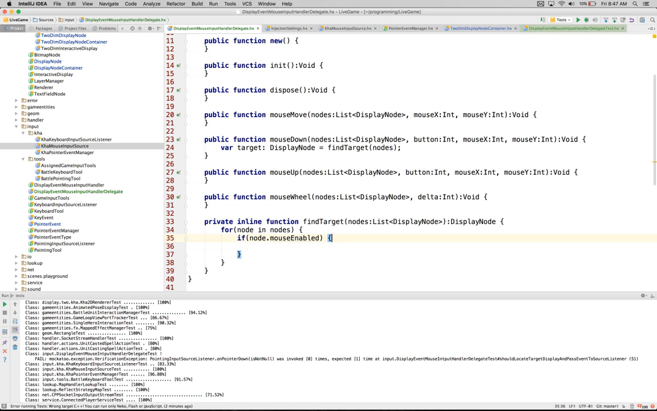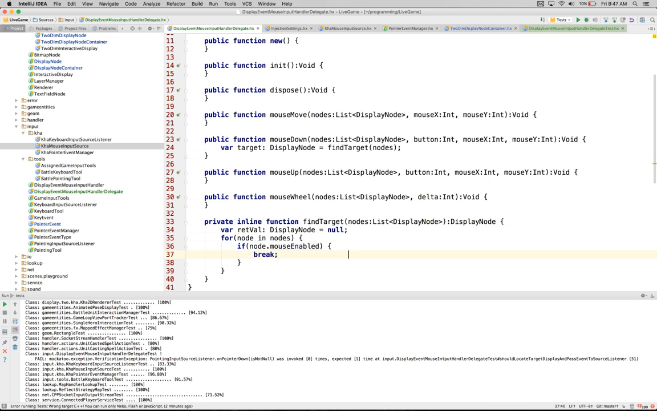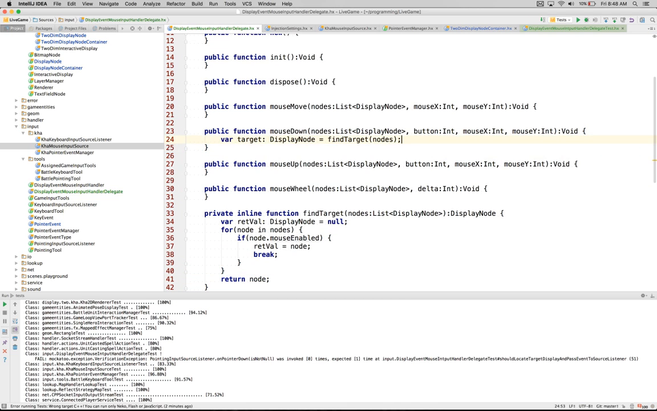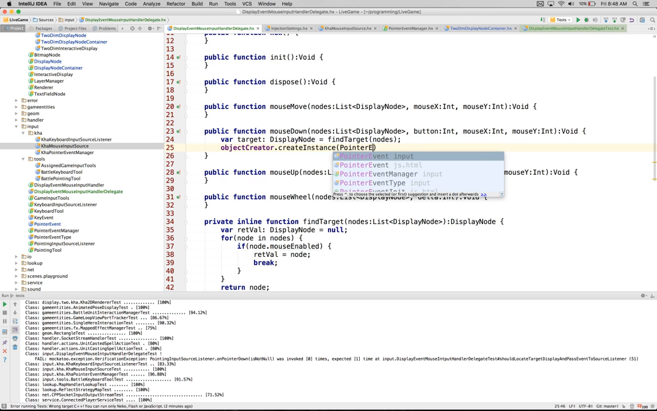So this is fine for now. And that'll be fine. So mouse enabled, we're going to return. So we're just going to break. var val. We've got way more to do with this. Display node equals null and retVal equals node, return node. So we get our target, and then we're going to get our object creator, create instance of pointer event,